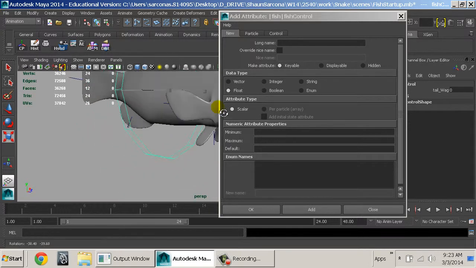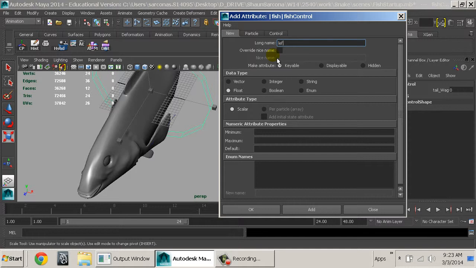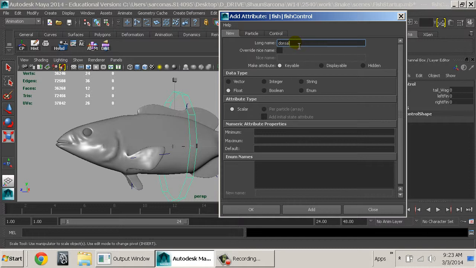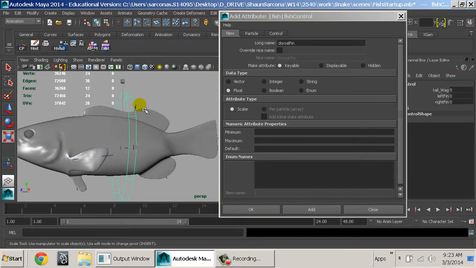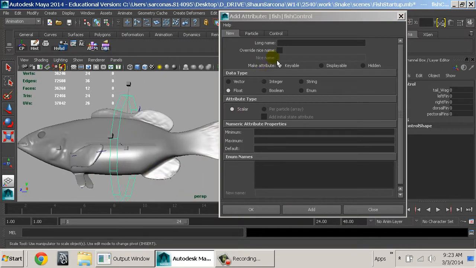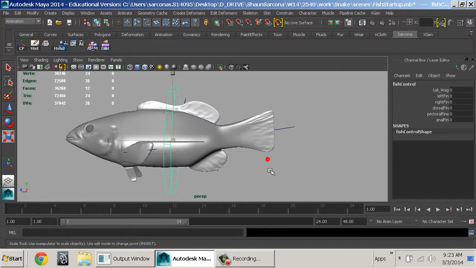We have each side of his fin here. Let's say left fin, and just hit add. Right fin, hit add. Dorsal fin, which is that one up top, we'll add that. And then we'll add, I think they're called pectoral fins. And this one back here is called the anal fin, I believe. There we go. Okay, so now we have controls for each one of his fins that we can then tie